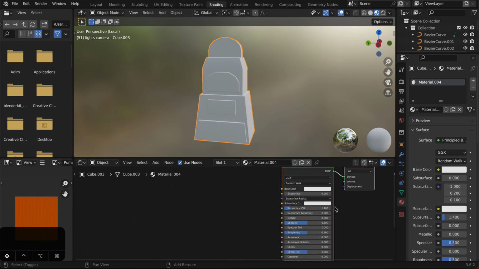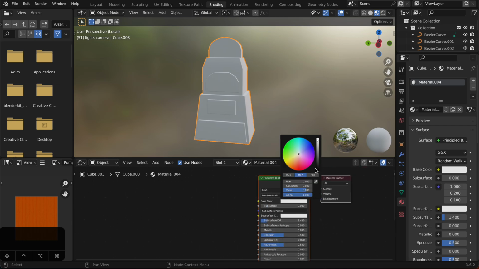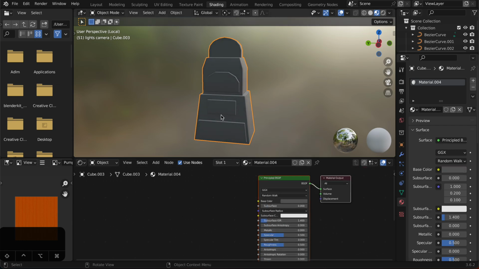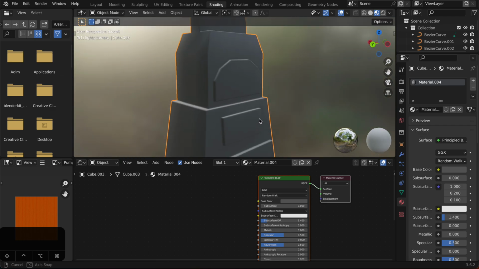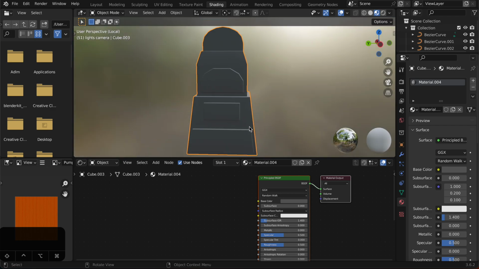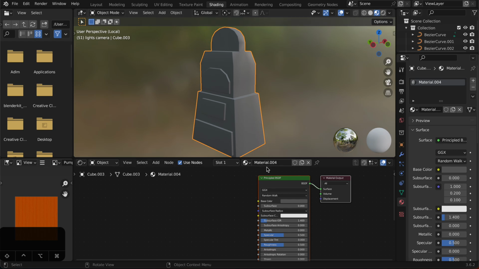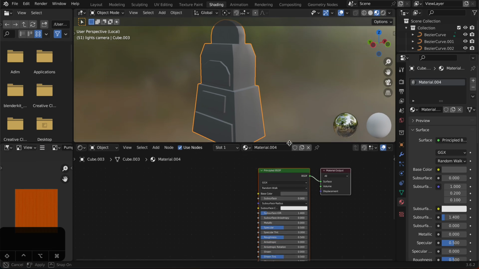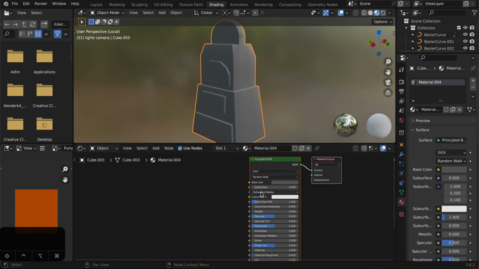So you could see right here, I could just change the color into like a gray and have it look like a stone, like it's a gray stone. But that isn't super interesting. But we can add some nodes and little things to help make it look a little bit more fun. So one thing we could try to add is,